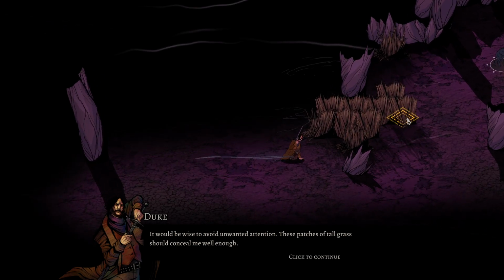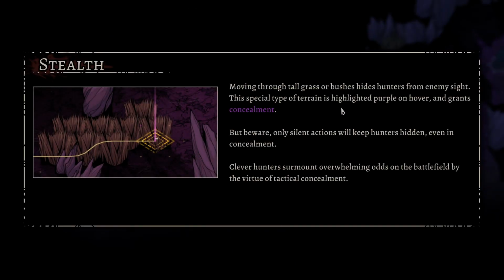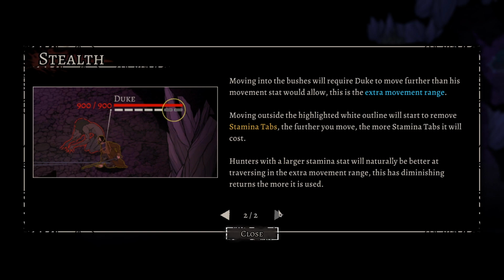Okay, remember when I said this was XCOM style? I meant XCOM 2 style. Because it's all about stealth, apparently. And not being detected. A lot of ambushes. Moving through tall grass or bushes hide hunters from any enemy sight. Special type of terrain is highlighted purple on hover and grants concealment. Only silent actions keep hunters hidden, even in concealment. Clever hunters surmount overwhelming odds on the battlefield by virtue of tactical concealment. Yeah. Moving in bushes or...